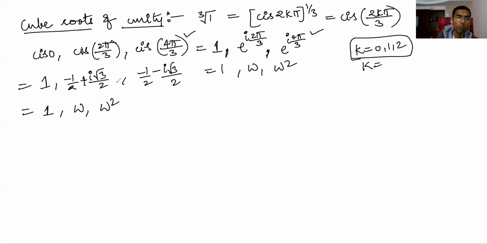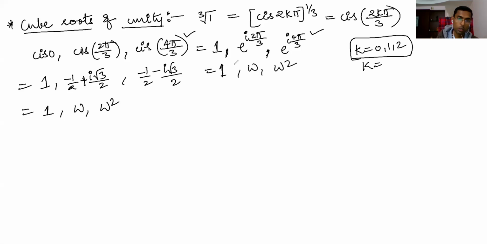This is very important, cube roots of unity, a very important application. So very simple. I told you cube root of 1 is what? Cis of 2k pi, and cis 2k pi is only 1. So the whole power of 1 by 3 gives cis of 2k pi by 3 by De Moivre's theorem. K values 0, 1, 2 you should take, then you get 3 roots. These are the 3 roots, that we generally represent with 1, omega, omega square.